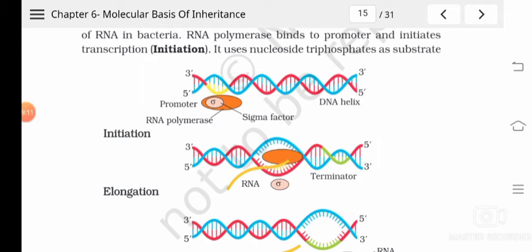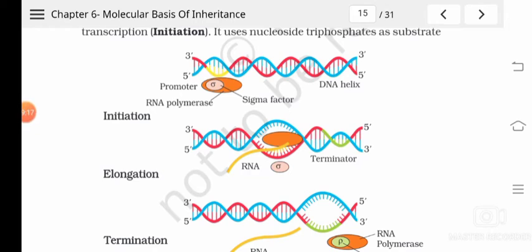Okay, in the promoter site it binds, and the polymerase binds to the promoter region, and some sigma factors are also helping this RNA polymerase to initiate the process of transcription. Understood? So transcription is initiated when a small part of DNA opens, okay, and into the promoter site of the template strand, the RNA polymerase get attached with the help of certain initiation factors called sigma factors. You can see here. Okay.